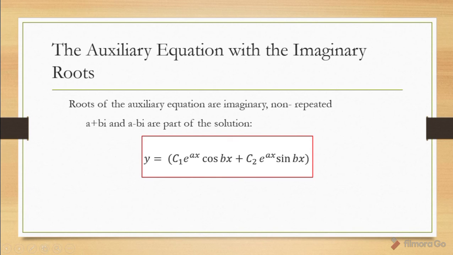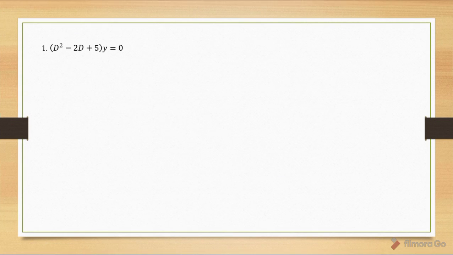Good day, everyone. Today we're going to discuss the equation with imaginary roots. The roots of the auxiliary equation are imaginary and non-repeated. Let's say a plus bi and a minus bi are part of the solution: y is equal to c sub 1 times e raised to ax times cosine bx plus c sub 2 times e raised to ax times sine